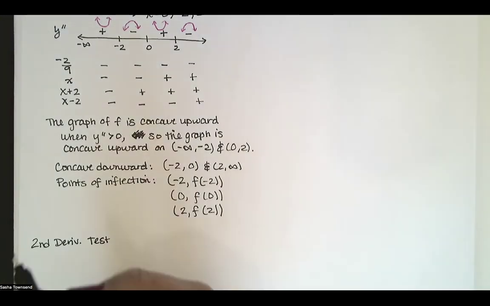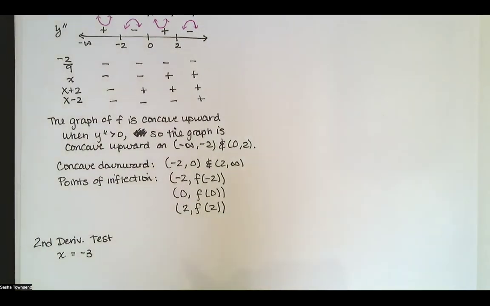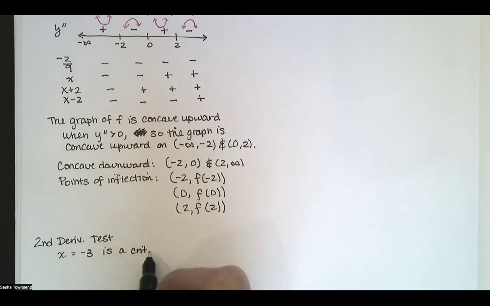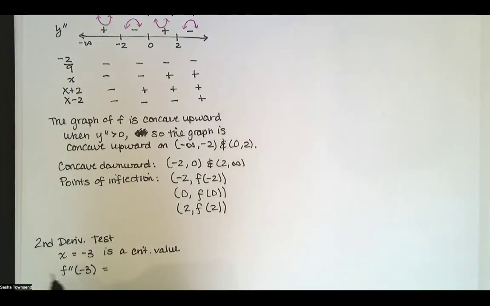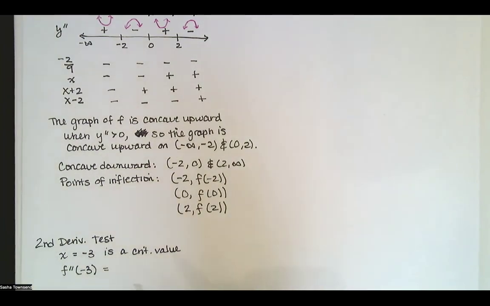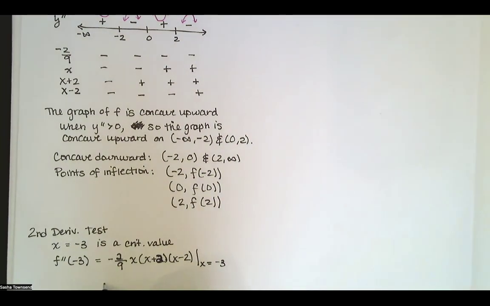So the second derivative test says, take each of your critical values and evaluate the second derivative at that critical value. So we have f double prime evaluated at -3, which is -2/9 times (x plus 2) times (x minus 2), but we're evaluating at x equals -3. So we're going to have -2/9 times